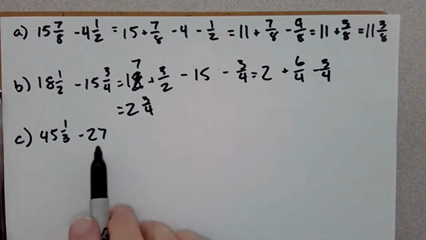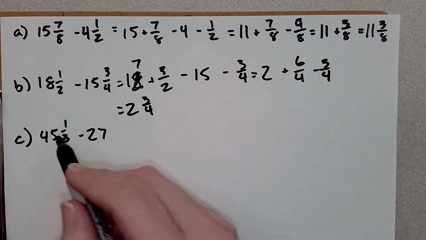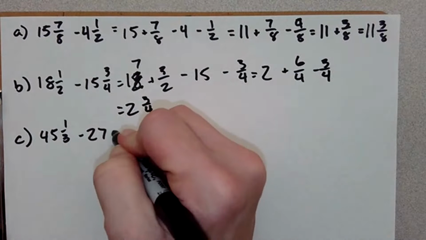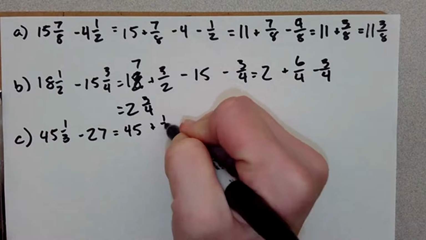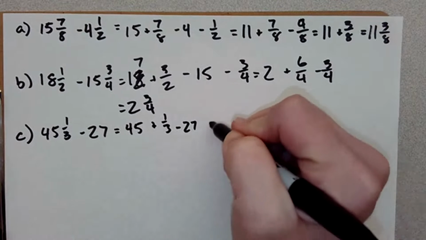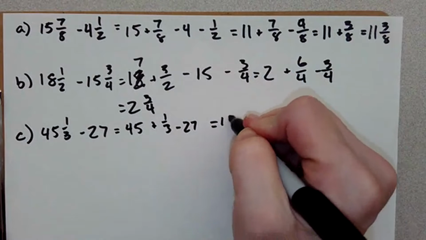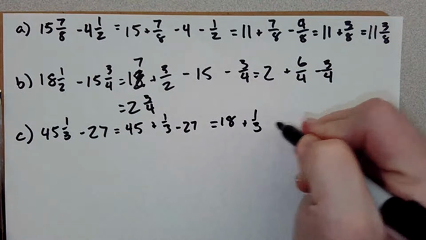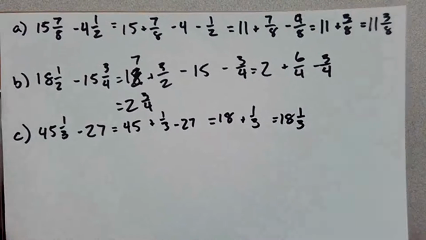Finally, we've got 45 1/3 minus 27. We don't have to worry about the third here. We just subtract the 27 from 45. I mean, we can rewrite this as 45 plus 1/3 minus 27. 45 minus 27 is 18, plus 1/3 is 18 1/3. Next up,